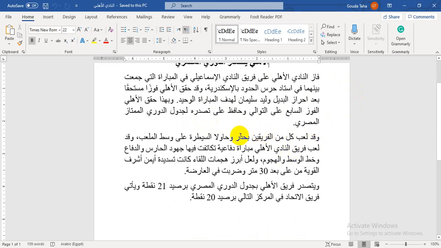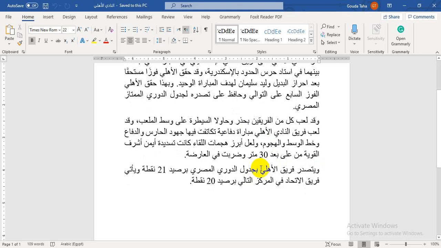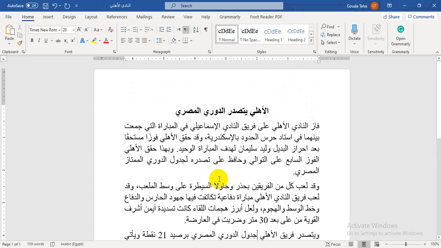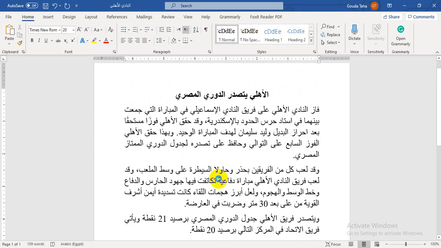وقد لعب كل من الفريقين بحذر وحاول السيطرة على وسط الملعب، وقد لعب فريق النادي الأهلي مباراة دفاعية تكاتفت فيها جهود الحارس والدفاع وخط الوسط والهجوم، ولعل أبرز هجمات اللقاء كانت تسديدة أيمن أشرف القوية من على بعد 30 متر وضربت في العارضة كروس بار. ويتصدر فريق النادي الأهلي جدول الدوري المصري برصيد 21 نقطة، ويأتي فريق الاتحاد في المركز الثاني برصيد 20 نقطة. So this is your assignment for our next